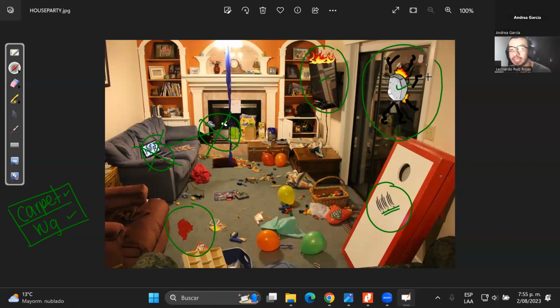What does it need? How can you fix the window? Teacher, the window needs to be changed. That's it. The glass needs to be changed. That's the only solution, right?